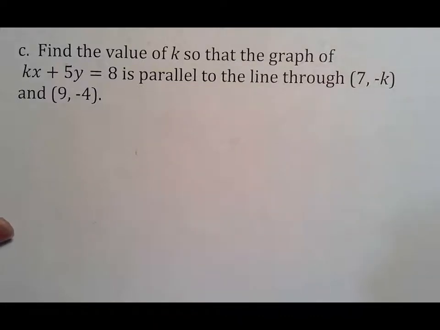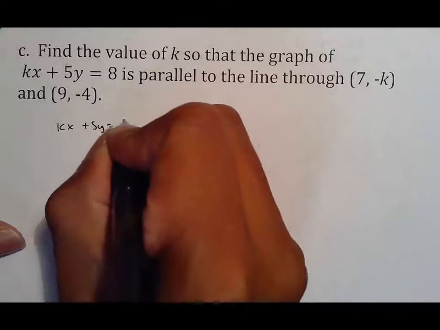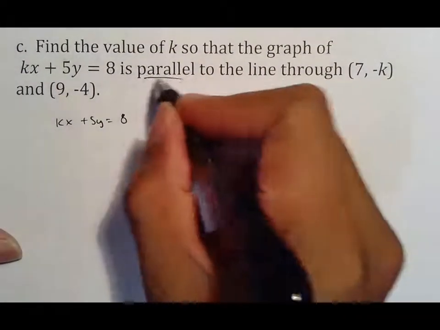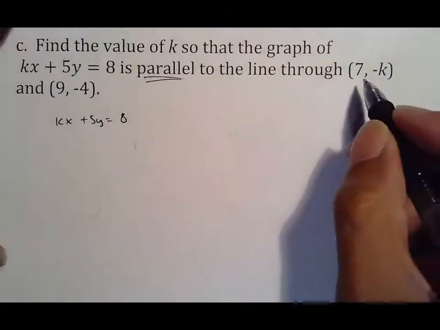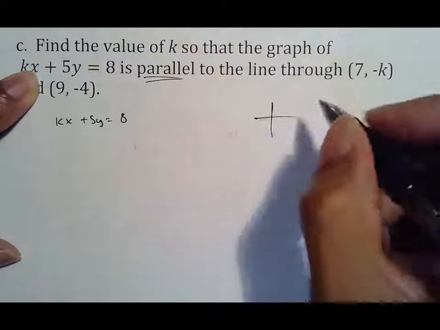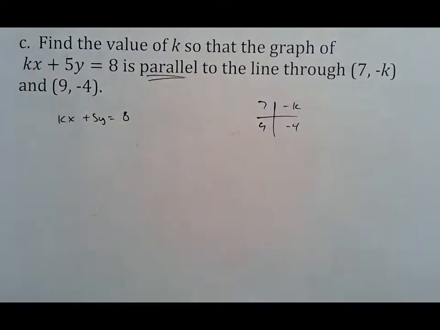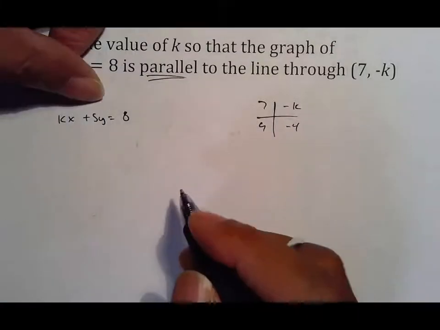Two things here. First off, they give me a formula. Second off, they give me 2 points, which means I can find the slope, and they said parallel, which means it should be the same slope. So the slope of this should equal the slope of these 2 points. And so what I'm going to do is put those points into a table. And these two things should equal each other in terms of slope, which means I have to do literal equations,